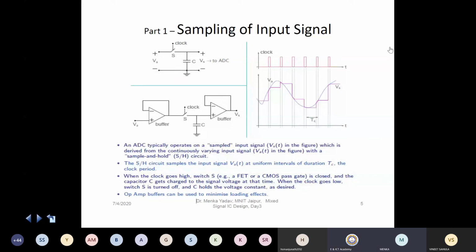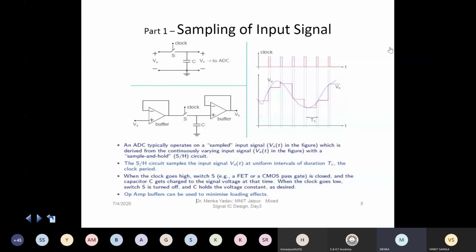So in order to convert analog to digital, we cannot directly put my input, which is sinusoidal or something, and directly get digital. First of all, we have to go through the sampling. On the first day, we discussed this circuit where one switch is there and the capacitor is there to hold the output. So in this diagram waveform, you can see that there is a sinusoidal waveform, and the hold means it is the step at that particular instance where it has been sampled.